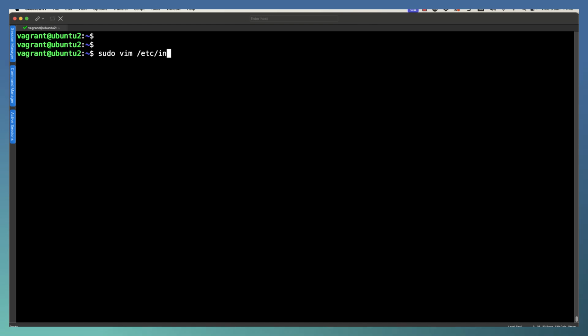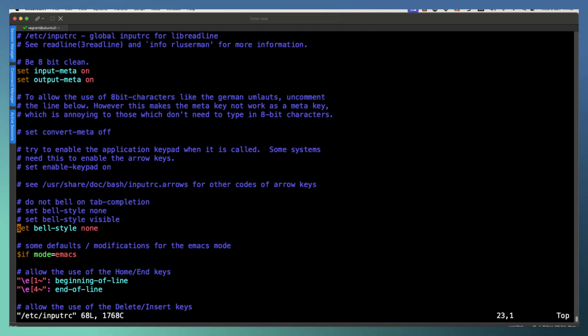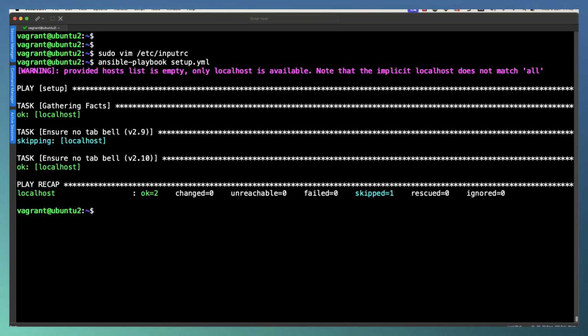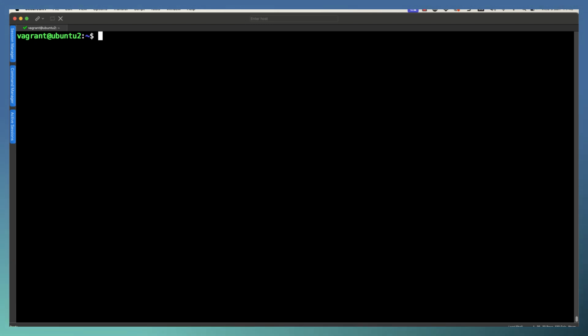When we take a look inside of our inputrc file, we can see then that we've still got our set bell style null. So that's good. We had removed it previously, ran it again, and it's working well for us, adding it for both. Of course, I can run the playbook again, and now we skip the 2.9 task, and we don't need to carry out any work for the 2.10 task because we already meet those requirements.